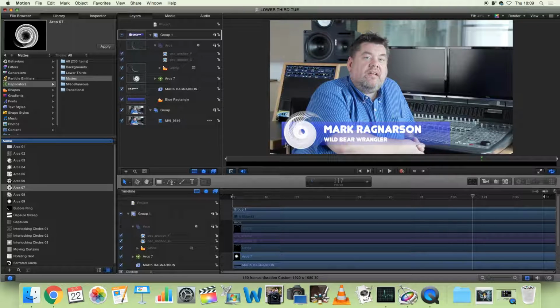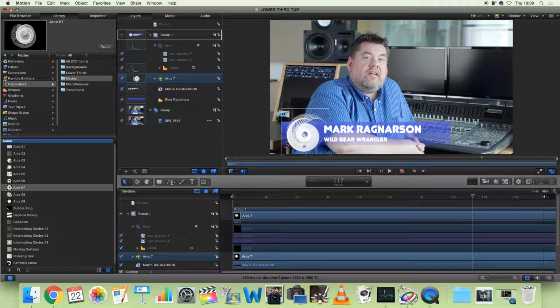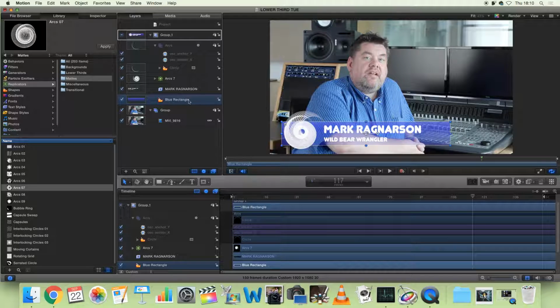The only problem is, if you can see here, I've got the edge of my blue rectangle kind of poking out, and I don't want that. Ooh, it looks a bit ugly. So what I'm going to do is use a mask, and a mask is a way of making a part of an image invisible. So I'm going to select the rectangle layer, the blue rectangle, and then go down to my timeline, and there's this little almost like picture frame icon here. If you hover your mouse over, it will say rectangle mask tool. Click that,